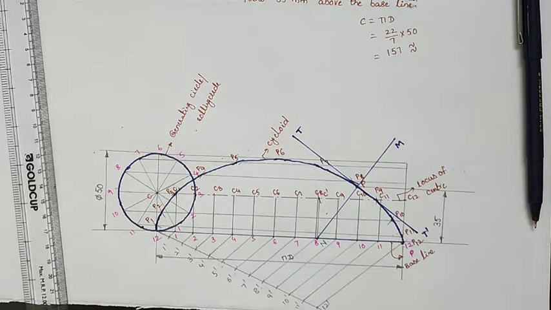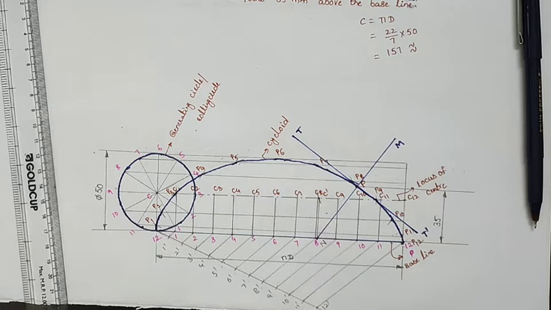You can take distance is 35 mm and locate point P. From the point P, with the radius of the rolling circle 25 mm, draw an arc on the locus of center line and locate that point as C dash. From point C dash, draw a vertical line which is parallel to C8 or C9, because this C dash is very near to C8 or C9.